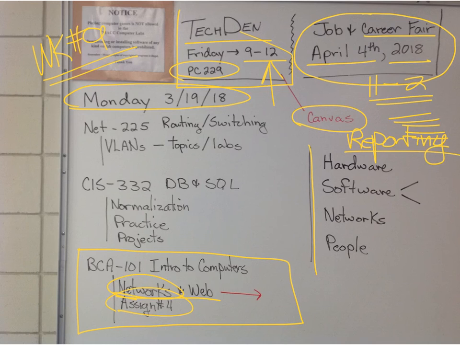So let's take a look here then at some key items here. We talked about hardware, we talked about software, system software and applications. You know, system software was utilities and